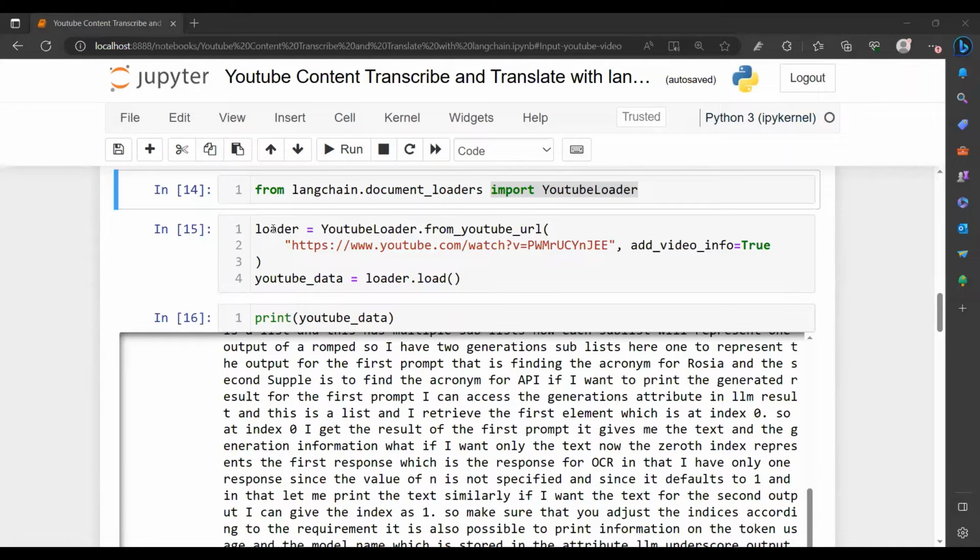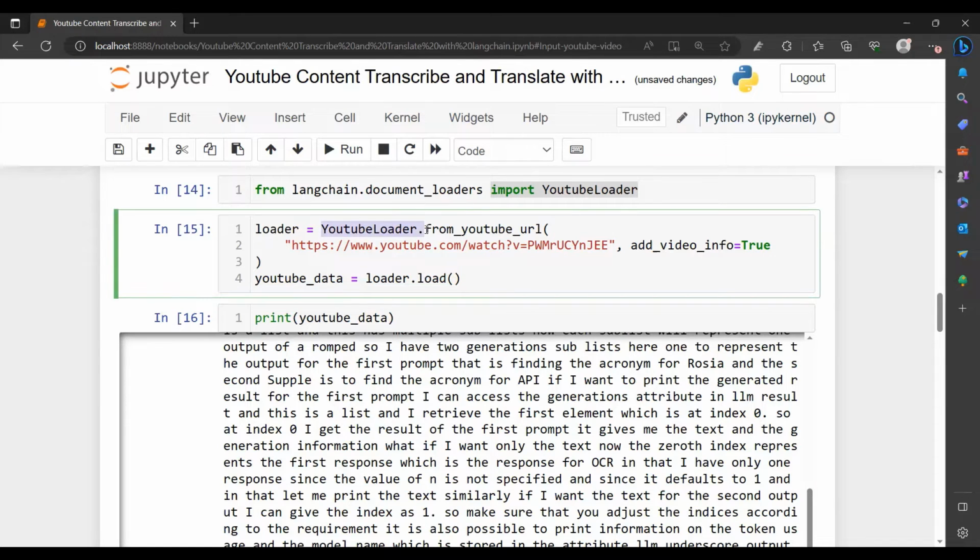First, we need to create a loader object from YouTube loader. The simplest method is from YouTube URL. We need to pass two parameters. One is the URL of the YouTube, and the second parameter is the additional information required about the video. To load the document, we need to call the load method, and when we try to print the document